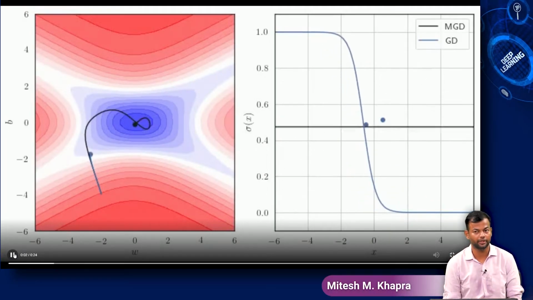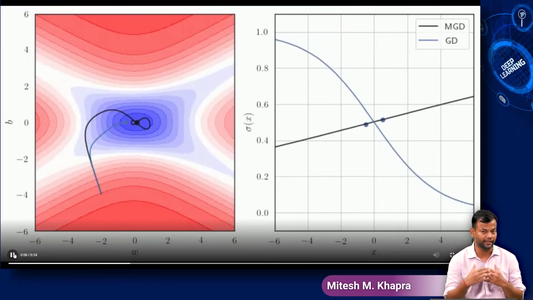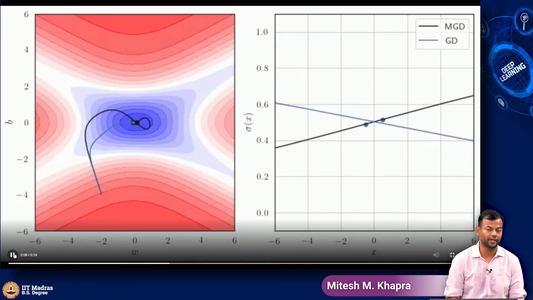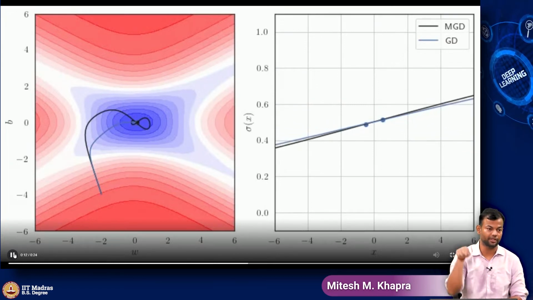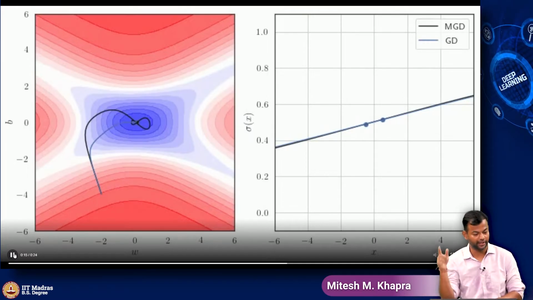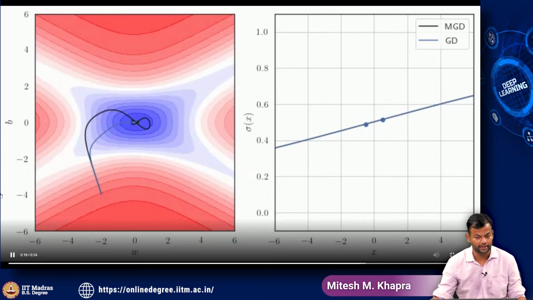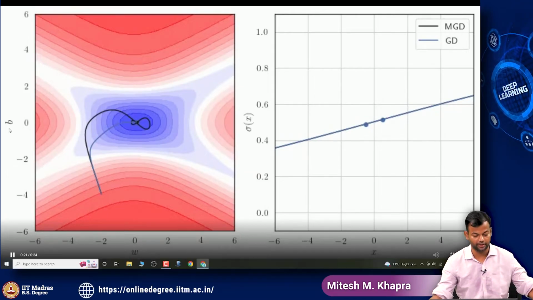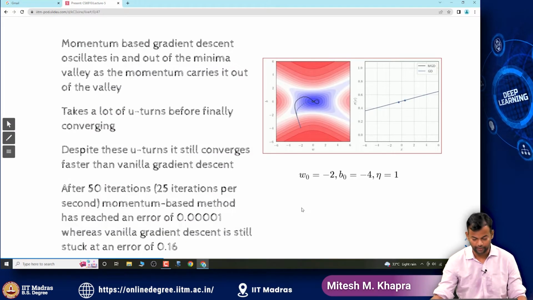This animation here is where we left off, looking at momentum-based gradient descent, and we saw that it is faster at convergence as compared to gradient descent, but we are a bit worried about these oscillations around the minima, where it overshoots and then comes back. And what I would like to do now is see if we could address this issue, so that's what we'll start with, and in doing so, we will